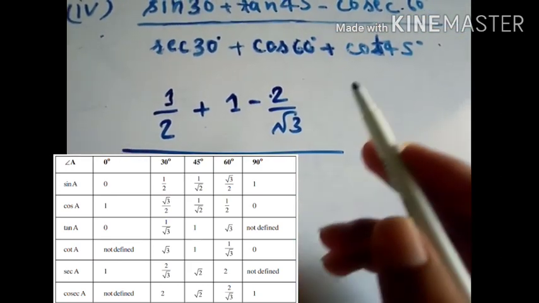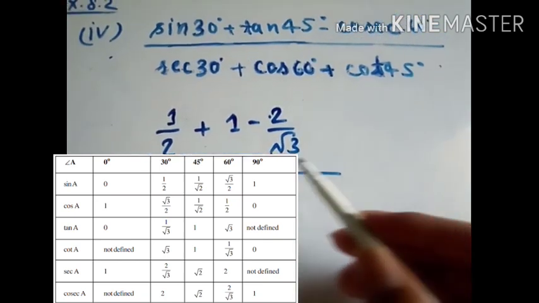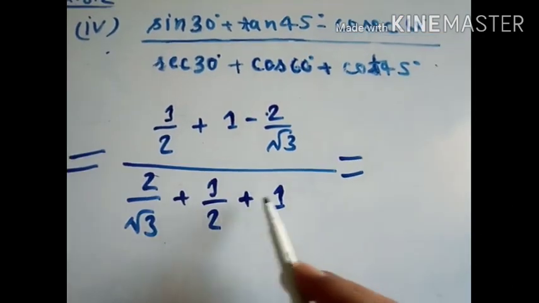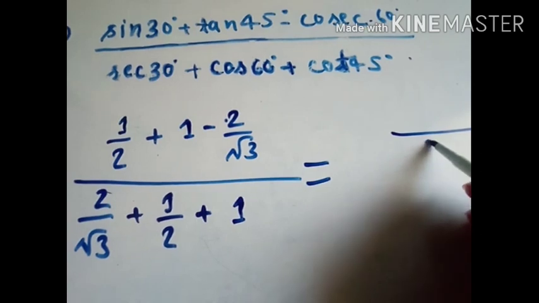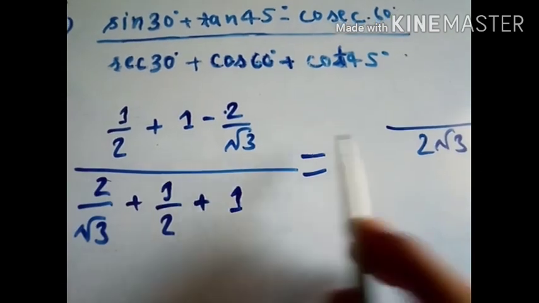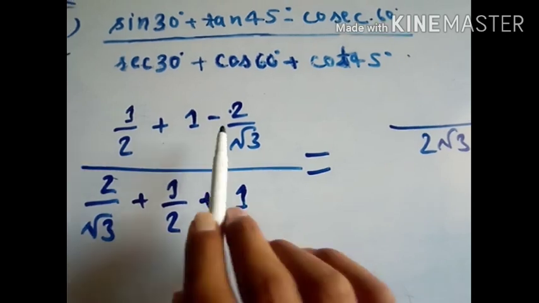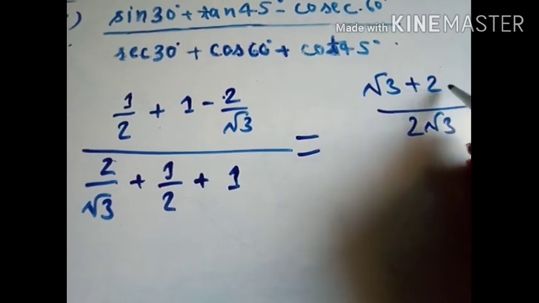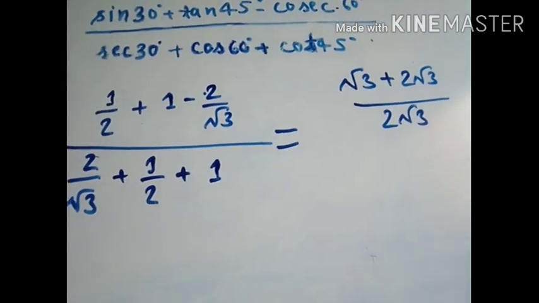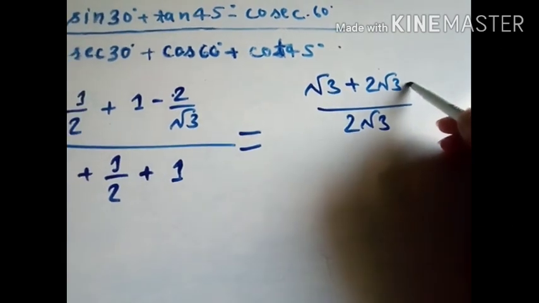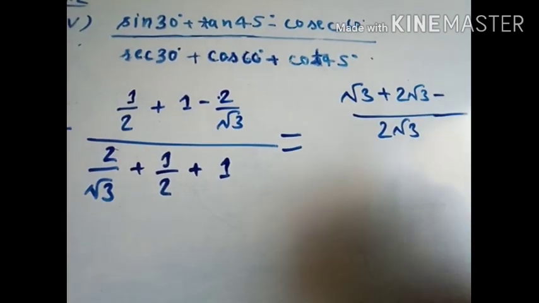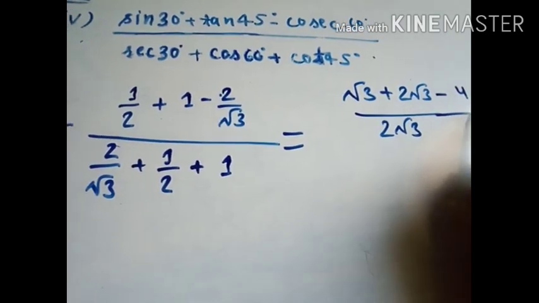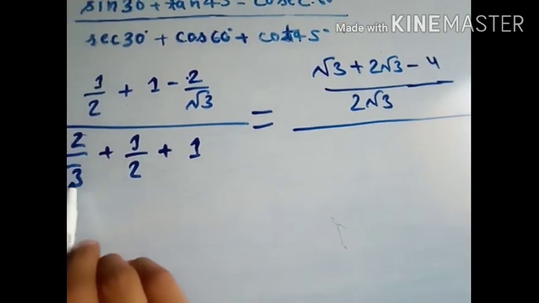Okay, and solve. Try to solve this question along with me. 1/2 plus cot 45, which is 1. So let us solve this part first, then thereafter this part. On solving this part, 2√3 in the denominator and √3 into 1, √3 plus 2√3. I think you must be knowing how to solve this. 2√3, then minus, how much? Say minus 4 whole upon.